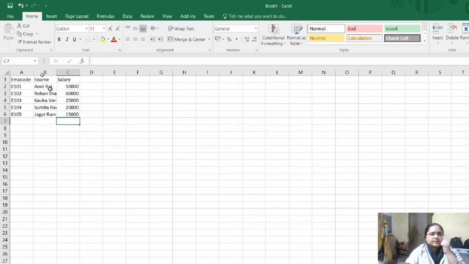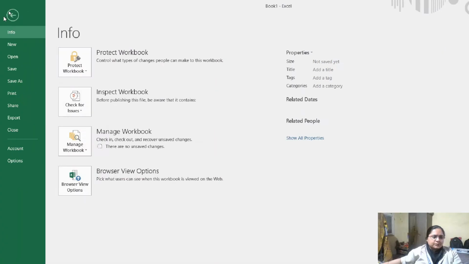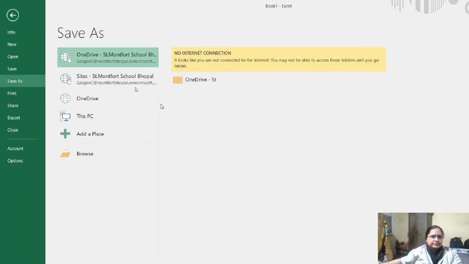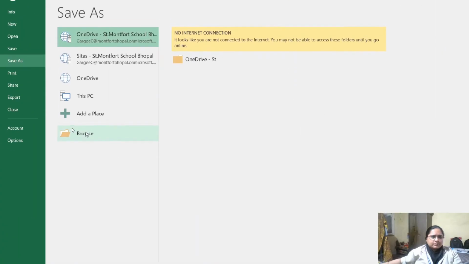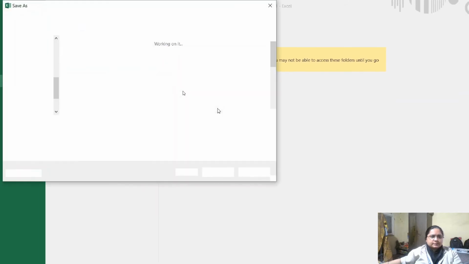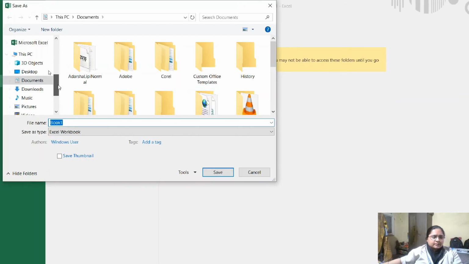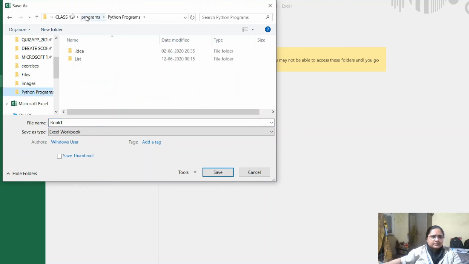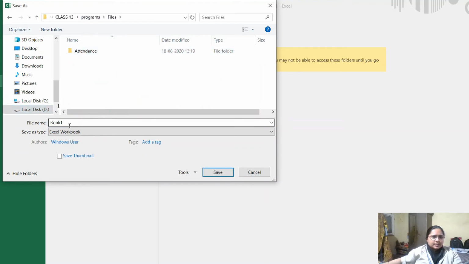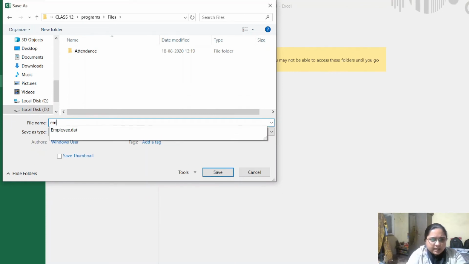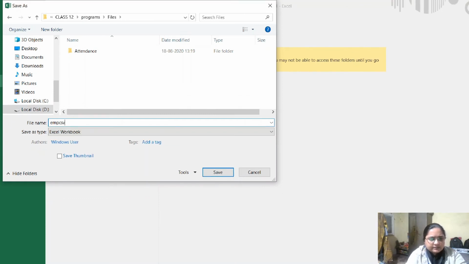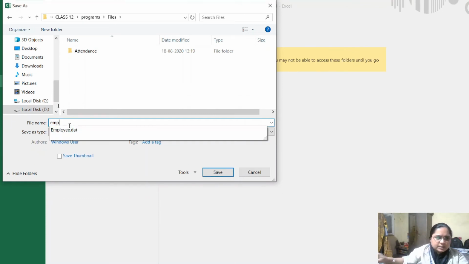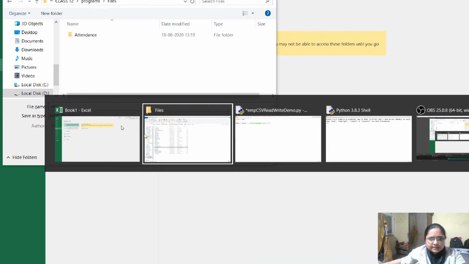So we have this file where we have stored some records, and now we are going to save this file. We'll go to File, Save, and here we are going to go to Browse and select the location where I have been saving all my programs. Let me check the name from the program itself.